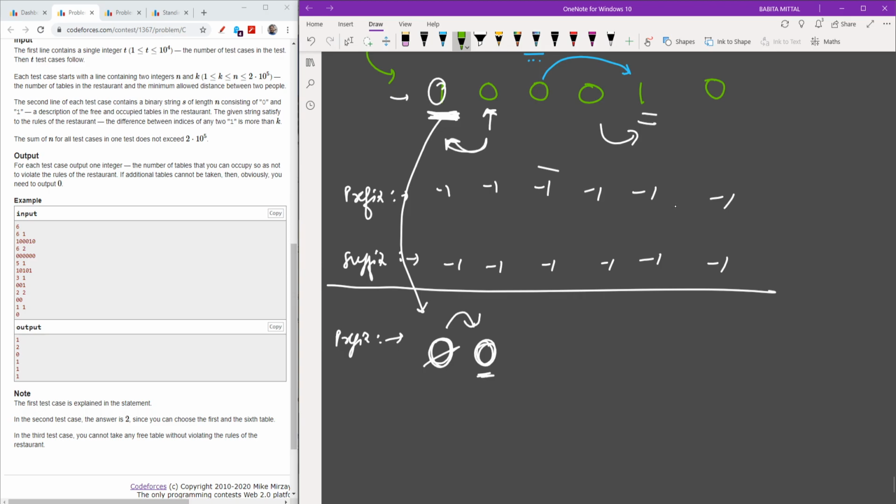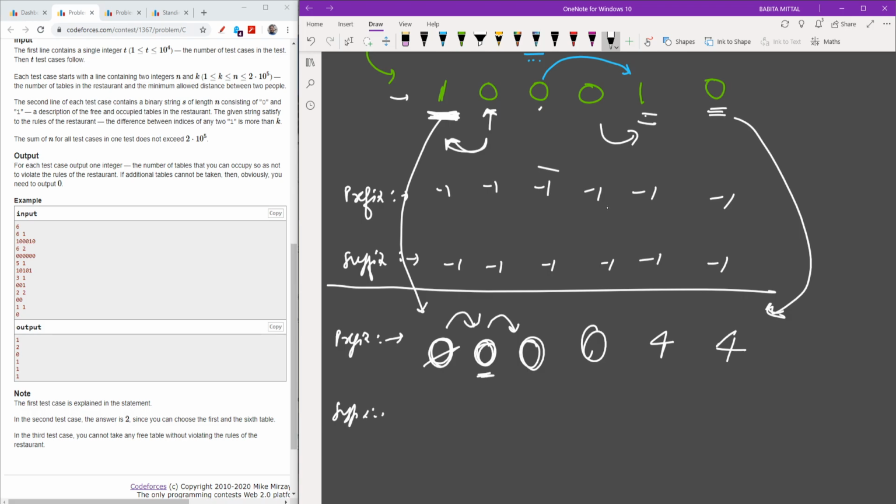Okay, so let's write it again. It was 1, and it was 0 only. Now I move on to this particular 0. I will see that the last occurrence of this was 0 only, so I just move this 0 here also. Now for this it is also 0. For the 1 here, it will be the index of this particular 1, which is 4, so I write 4 here. And for this last 0 value, as the last occurrence of 1 was at index 4, I will write 4 here. Finally, I got my prefix array.